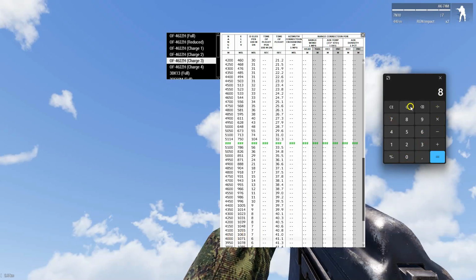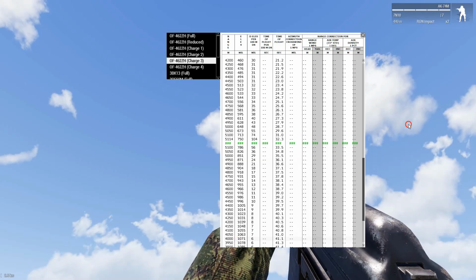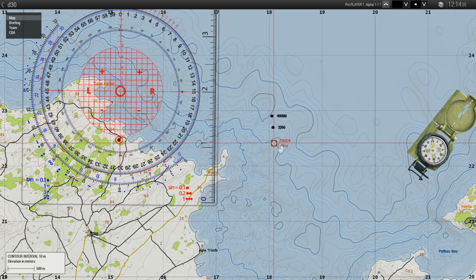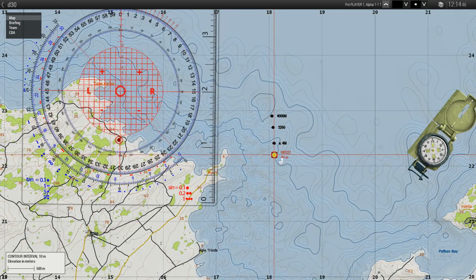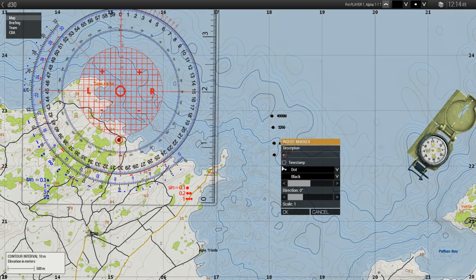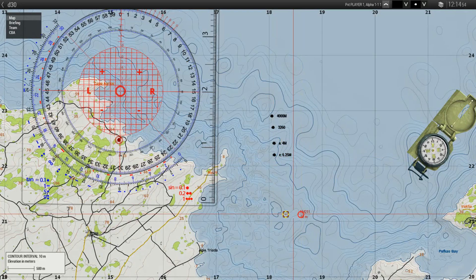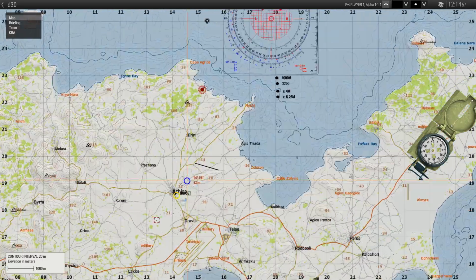So what you need to do now is divide 50 by 8 and you get 6.25 meters. So at that particular distance, 1 mil of elevation change will result in 6.25 meters of range change. You see? So the azimuth change is how much? 4 meters. Any azimuth change will result in 4 meters of horizontal impact point change, and any elevation change will result in 6.25 meters. You will understand why I'm calculating this, because